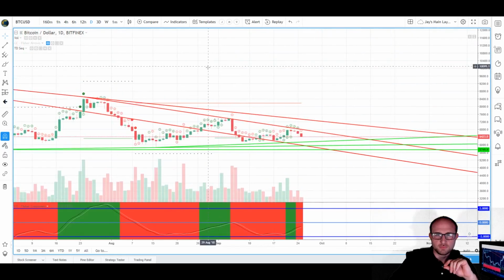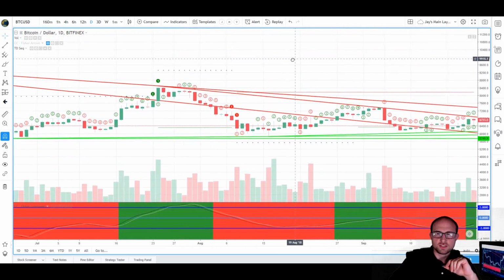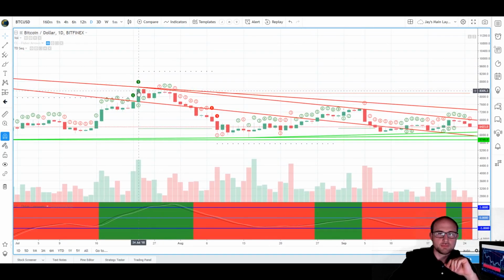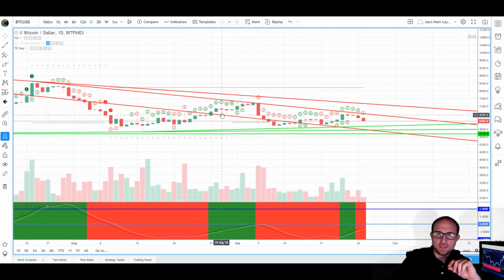zoom in a little bit here, and we see that TD sequential recently gave us quite excellently the optimum exit point on our 9 count to the upside. Our 9 gave us the exit signal. It was a perfected 9 to the upside back on the 24th of July. And then we had a great entry signal again on the 8th of August with our 9 buy setup. And then we had our exit again on the 31st of August with our 9 count to the upside.